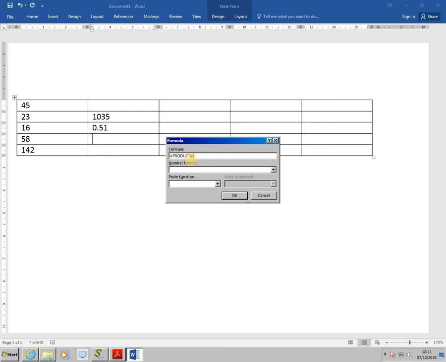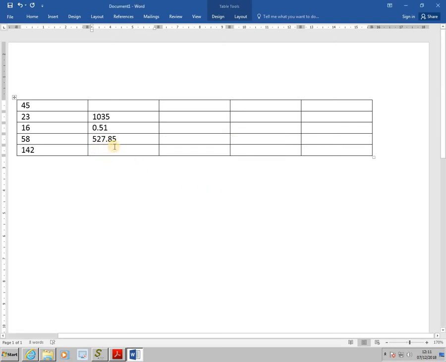Now to do that, we do B2 comma B3, and at that point it will actually work out the product of these two values. If we press OK, we should find the answer to 1035 times 0.51, which is 527.85. Now, if we want to make changes to some numbers, so let's make this much bigger, what you'll find